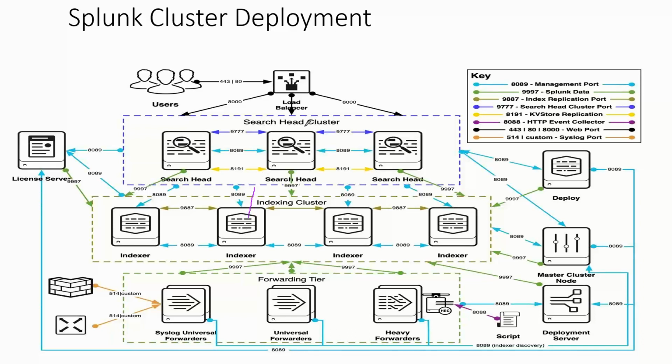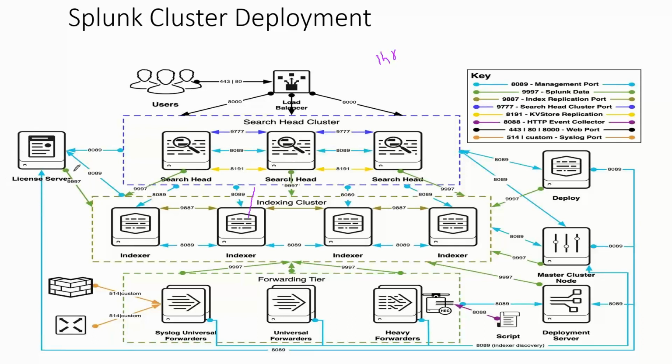So there will be a separate component called a search head. Whenever a user logs in, he will give some load balancer URL under which you will have multiple search heads. The search head will fetch the data. If you ask for something like the last 1 hour of data, the search head will collect the data and execute it there such that the indexer won't get overloaded. This is called a search head.